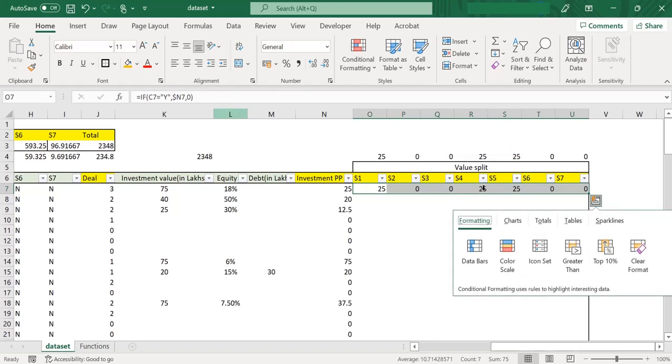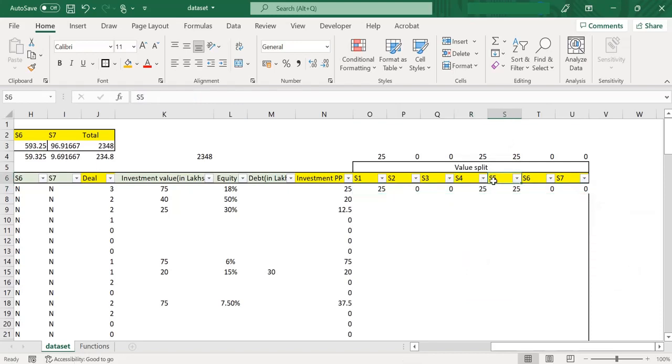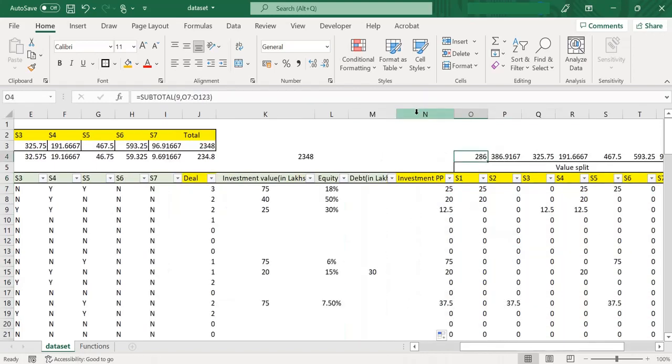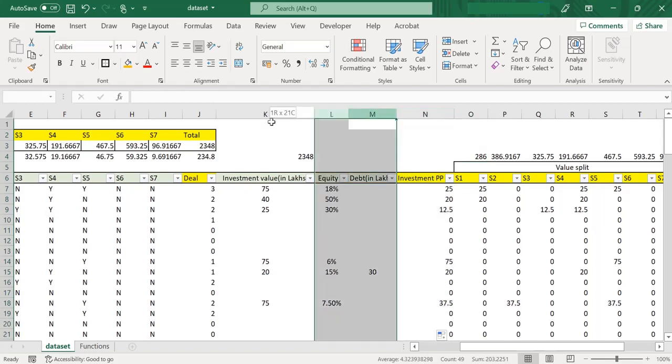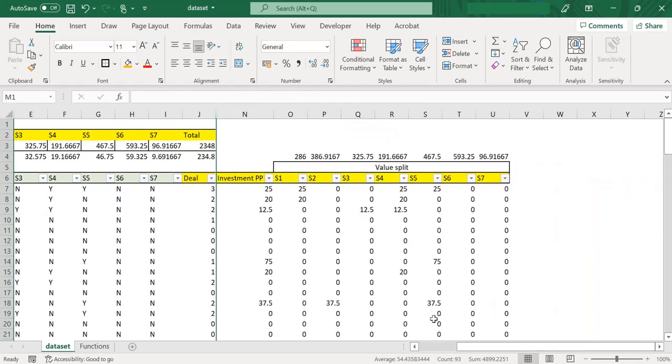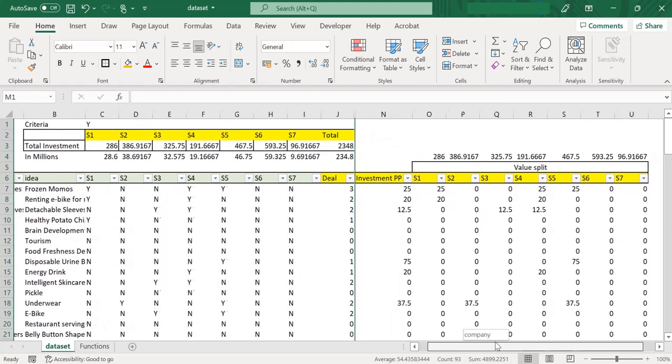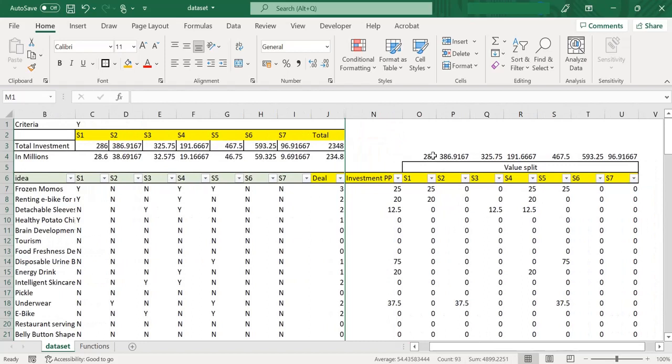Now as we can see, the data is available for S4 and S5. I'll select this and double click here. I will hide this for the comparison part. Now if we compare the top line here, which is 286, here also it is 286, 386.9167.